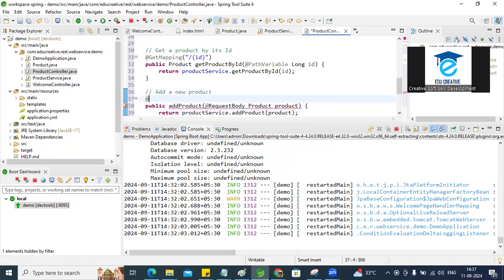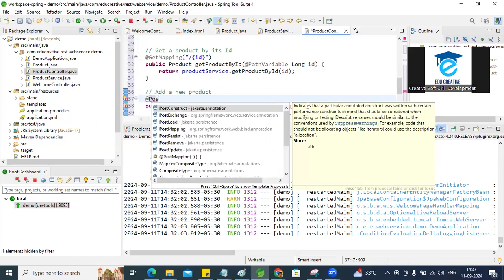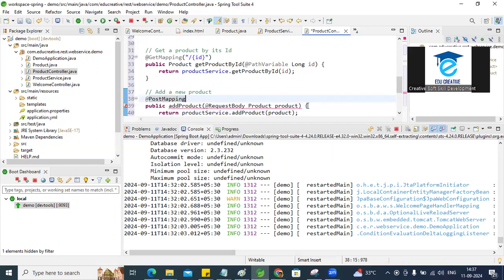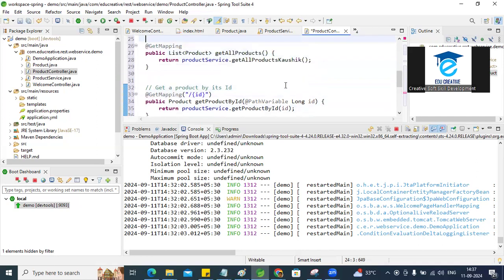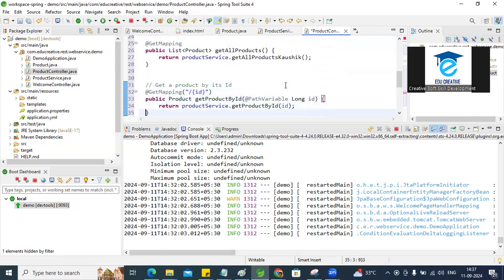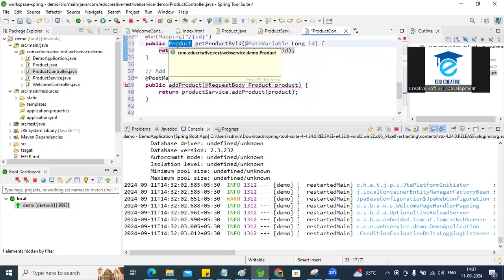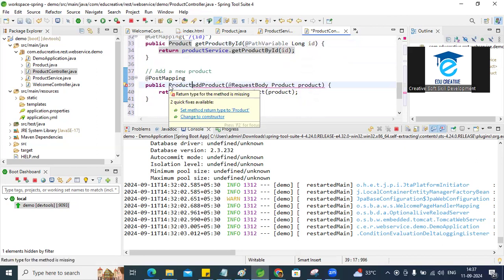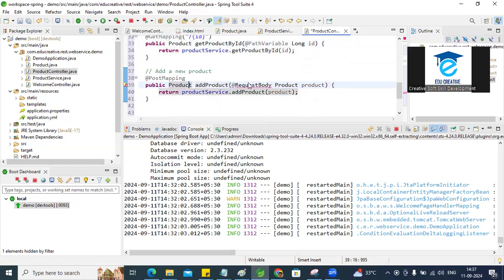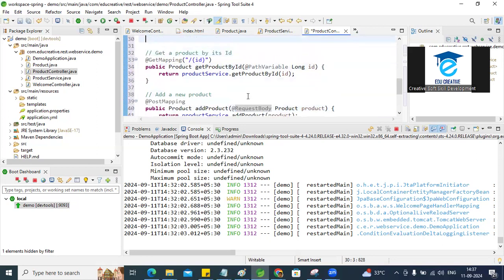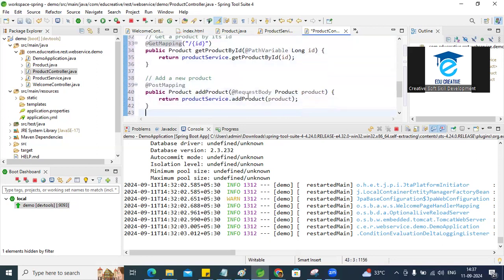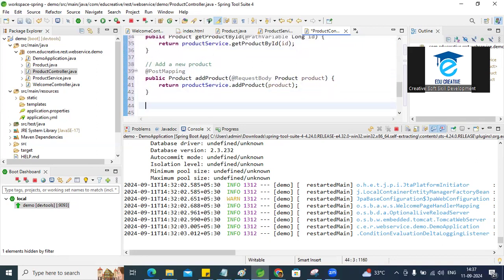And this is a post mapping. It's right, post mapping. And here you have to write the product. Request body, I think not important. Request body, yes. So your post mapping will also be done. You can add a product. Next